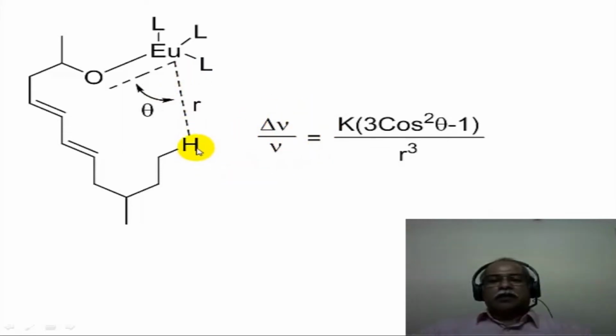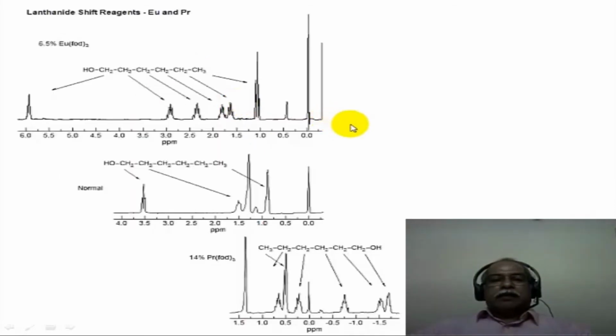In other words, the closer the hydrogen to the europium center, the larger will be the induced shift of the chemical shift as a result of the lanthanide shift reagent. Here is an illustration of the effect of lanthanide shift reagent on heptanol. This is